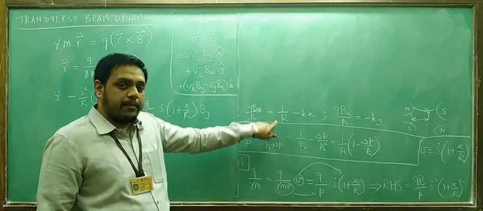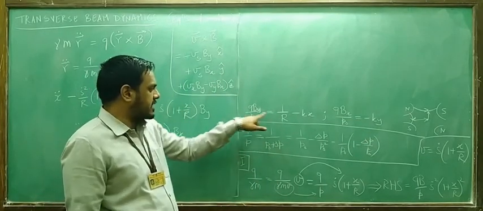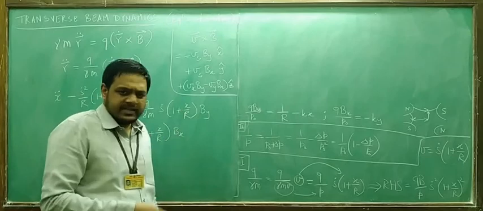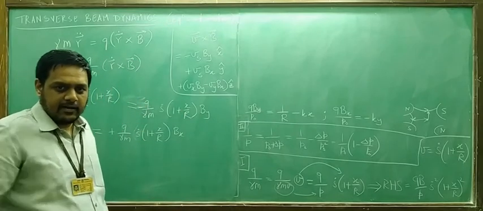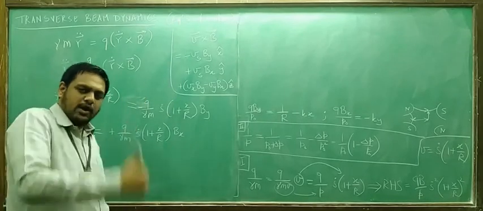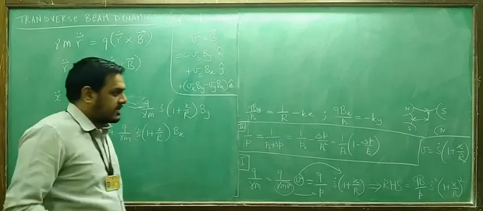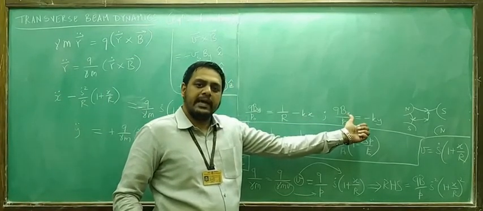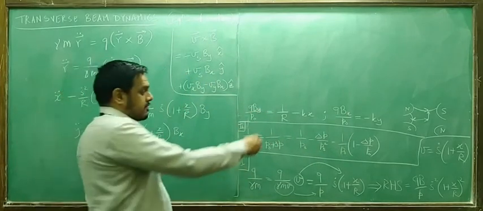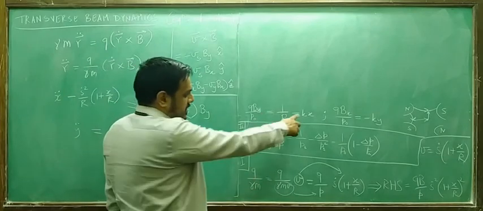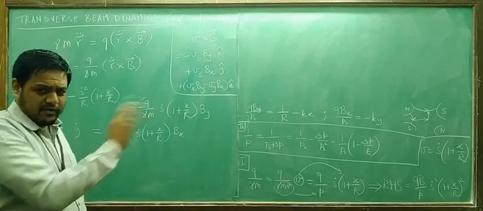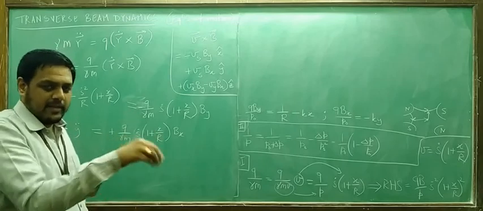This is the dipole term, and your assumption is that dipoles occur only with by. That is, bending magnets are always having field this way, which is something you already discussed. We said that all bending takes place in the horizontal plane. That means all bending magnetic fields, dipole magnetic fields, are all in the y direction. That is why there is no 1 by r in the expression for bx, only for by. By the way, we have still not proved, this comes in the tutorial, that 1 by r will be the dipole term, kx will be the quadrupole term, and so on, which we had discussed last time also. So that again you have to take it on faith basis till we actually mathematically prove it.